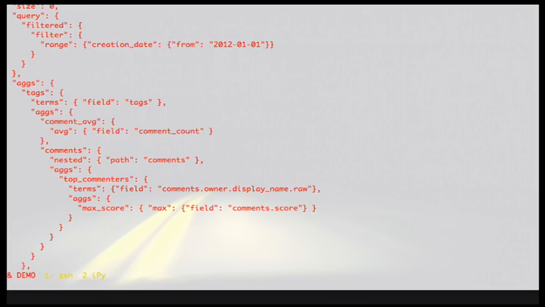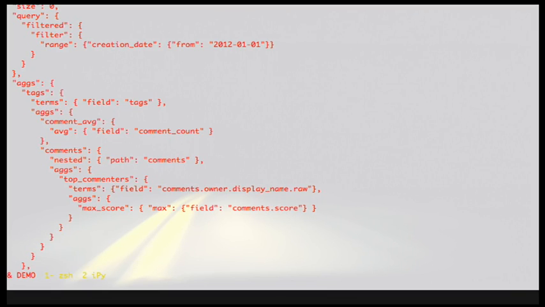I here use .raw because I don't want the analyzed version of the display name. I don't want the stemmed lowercase version. I want the actual full value. So I'm using .raw. And then for each of the people who were one of the